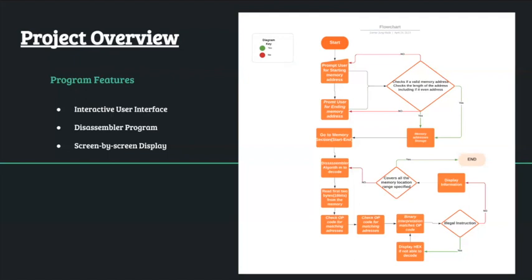As you can see on the right-hand side of the screen, we have a flowchart of our disassembler program. We have tried to modularize the program by separating the flowchart into small sections and assigning one or more members to focus on each section. The first thing to do is to get the user input. To get the correct user input, the program must go through a series of requirements for both starting and